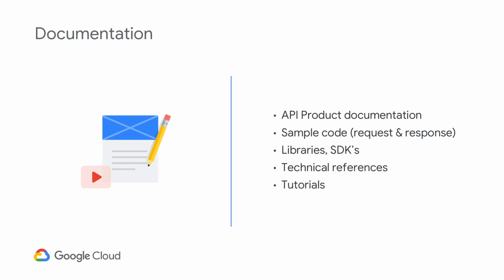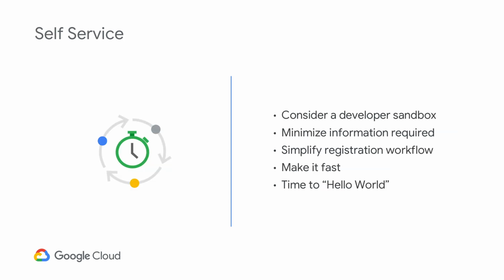Libraries, SDKs, technical reference materials, and even tutorials are all going to help that developer have a good experience and find what they need, self-service, so that they can begin producing applications for you. And of course, self-service, again, considering a developer sandbox where they can play with your APIs, right? Maximizing the information they are looking for, or minimizing the information required for them to access the APIs, and simplify